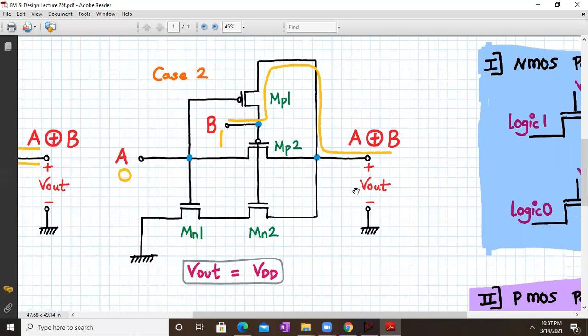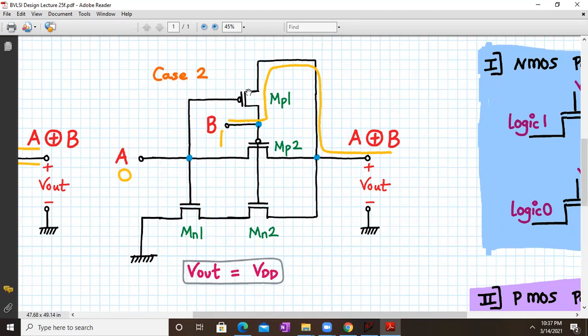So in case number 2, we have A as logic 0 and B as logic 1. So in this case, A is logic 0. That means the gate of MN1 is 0. That means MN1 is off. At the same time, MP1 is on, because the logic voltage at the gate is 0 volt.